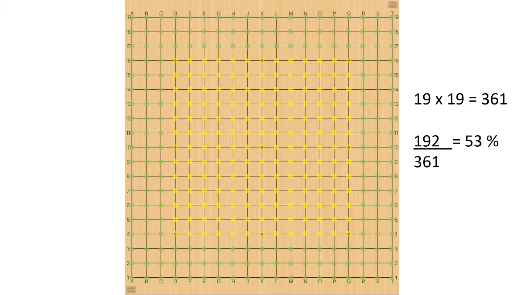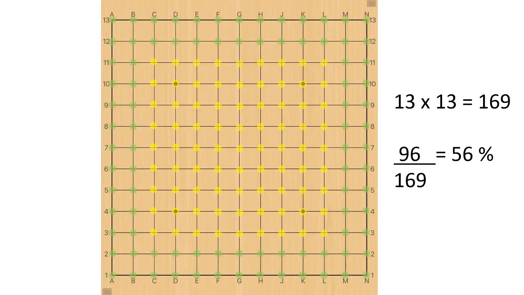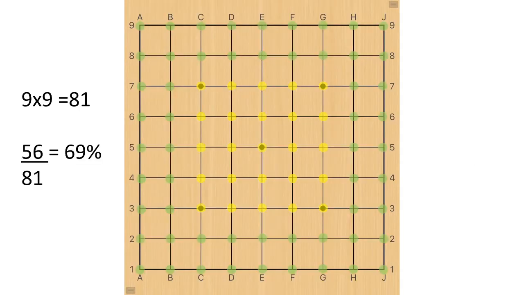And I hope that makes it really clear that on a 19x19, those points lie around the edges in the green area. 53% of the board lies at the edge. It doesn't look like it, but it's the truth. On a 13x13, it's actually 56%, even more, lies on those first 2 lines. And on a 9x9 board, 70% of the board